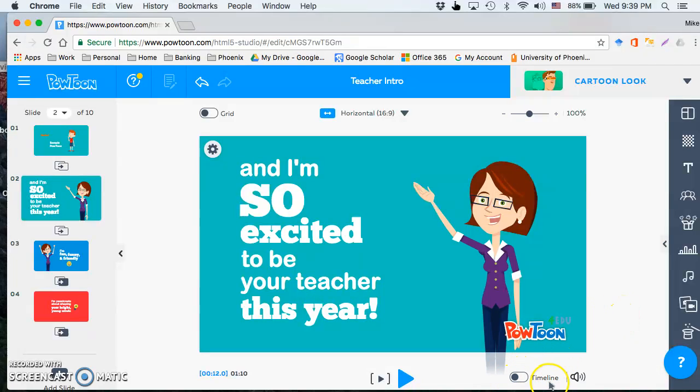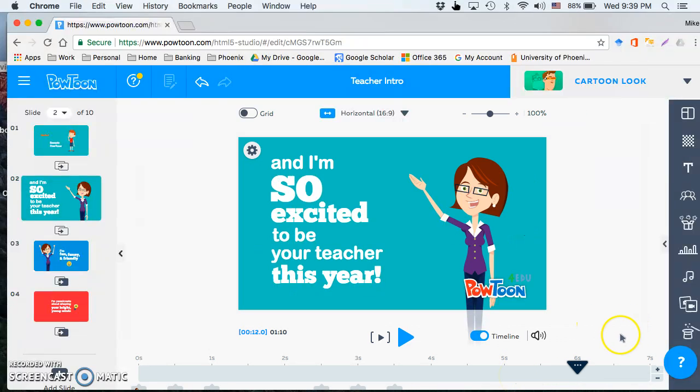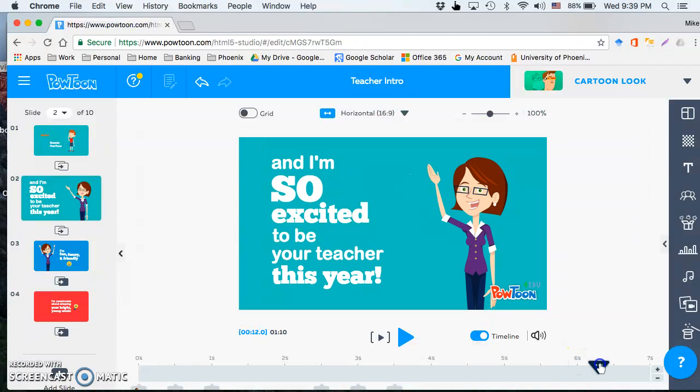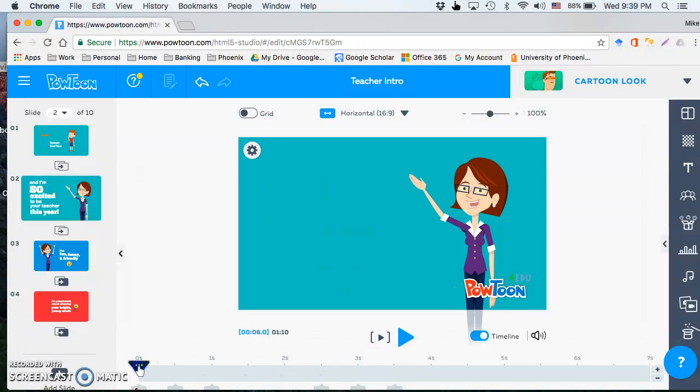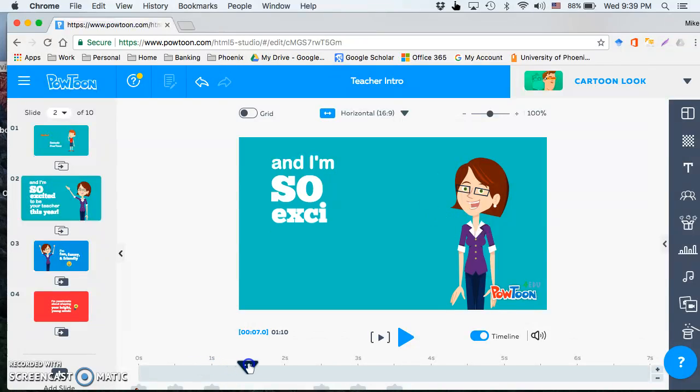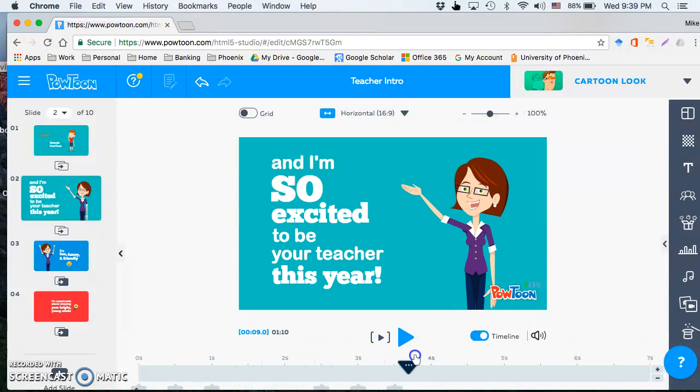You can edit that by, on the bottom right-hand corner, clicking on Timeline. And now you'll see a bar that shows how long this particular slide will show for. This slide will show for 7 seconds. You'll notice I'm clicking on an upside-down dark blue triangle, and that's moving the slide as the viewer would see it. So I'm going to drag this over to 0 seconds, and as I move it over, you can see how the text is coming in, and you can see how the character is moving around from 0 to